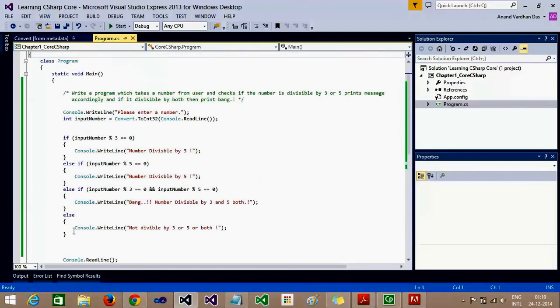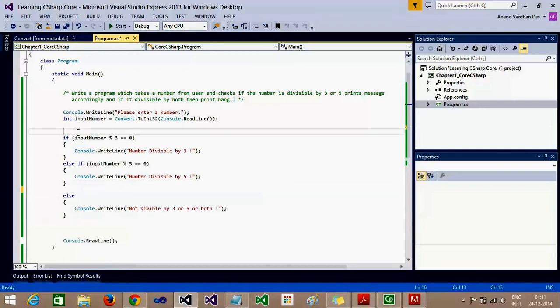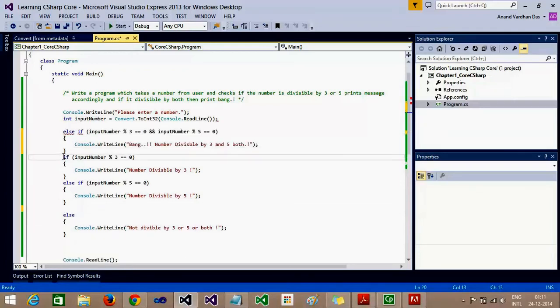It is partially met. If it is divisible by 3, it is returning correct, and for 5 it is returning correct. But for 15 it is not returning. So what are we missing? Instead of checking here only if a number is divisible by 3 and if a number is divisible by 5, we should check the specifications first, so that if the number is divisible by both, then it should return 3 and 5, otherwise it should return as expected.